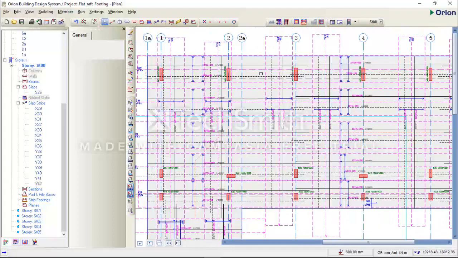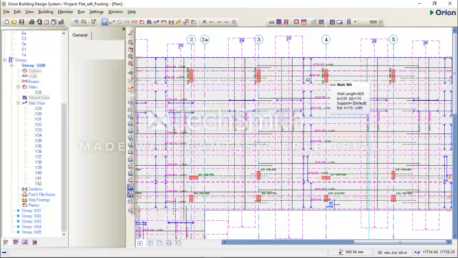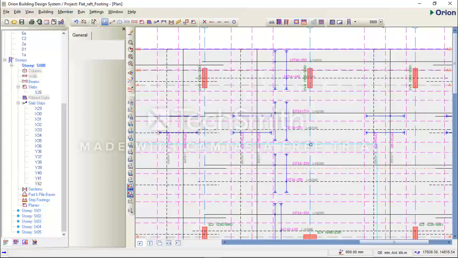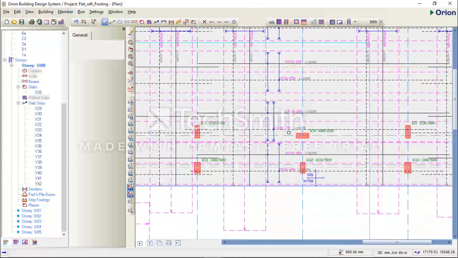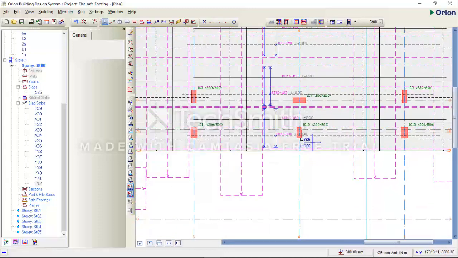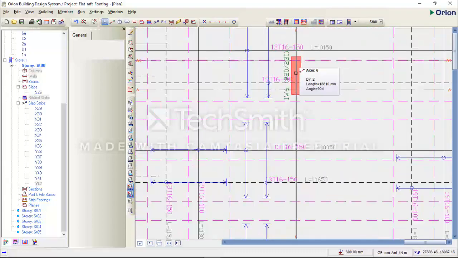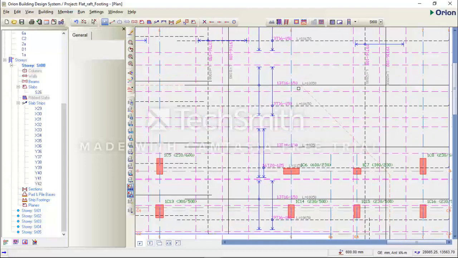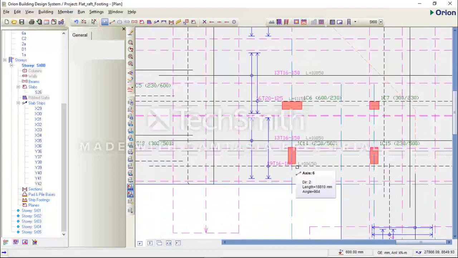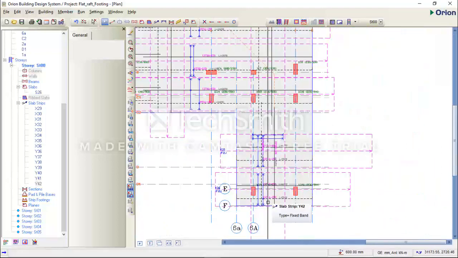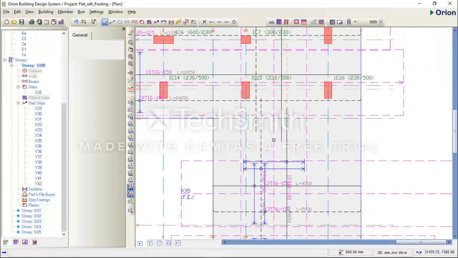Let me check this span here. Okay, yeah. 150, 100, 150, 150, 150, 150, 150, 125, 150, 100. I'll check here. 150, 100, 150, 150, 150, 150, 125, 100, 150, 150, 150.